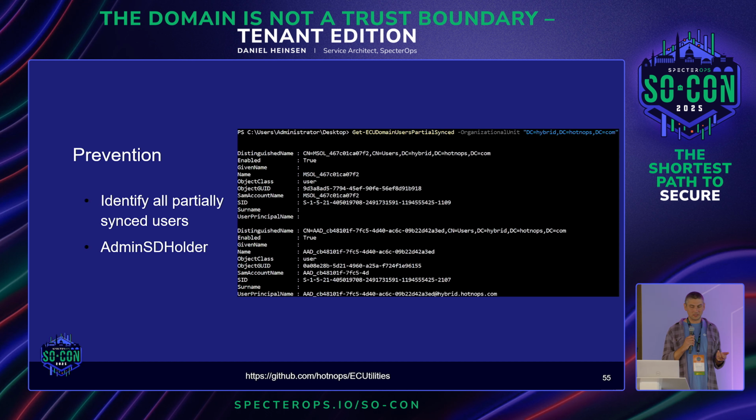And if it doesn't, it's going to flag it as partially synced. So as an administrator, you could look at this and go, okay, here are all my partially synced users. Do any of them have a path to tier 0? And if so, maybe put an alert on that. Maybe say, if anyone ever writes MSDS, put a SACL on MSDS key credential link or something like that, right? The other thing I want to note too is that MSOL account that's responsible for syncing is also